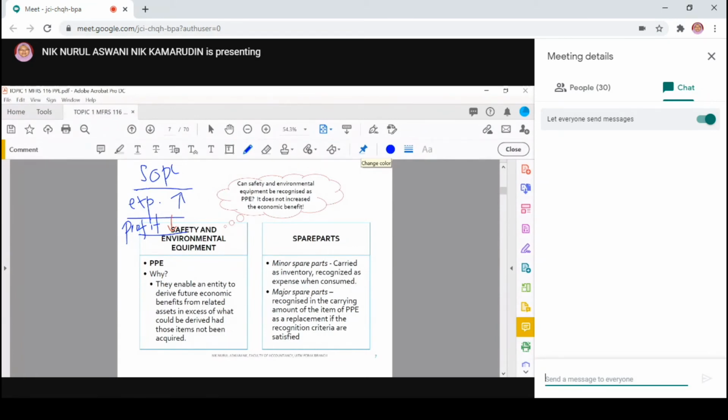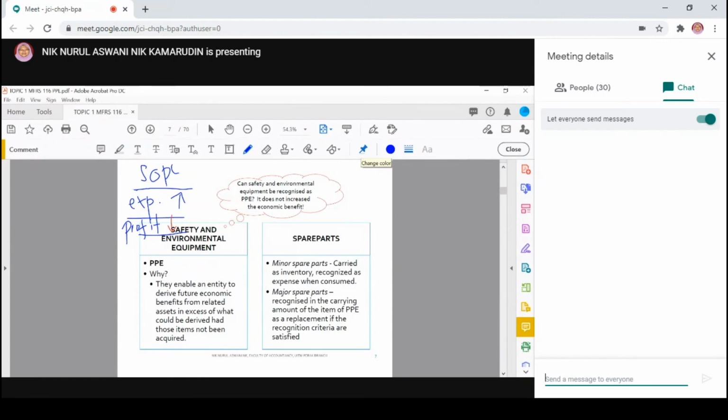Okay, what about the spare parts? For a simple example, imagine a company owns a motor vehicle. For a motor vehicle, we have minor spare parts, and we have major spare parts like the engine, for example. So which one to carry as inventory or expense, and which one can we recognize in the carrying amount of PPE? Okay, minor spare parts, small spare parts, are usually carried as inventory because sometimes we